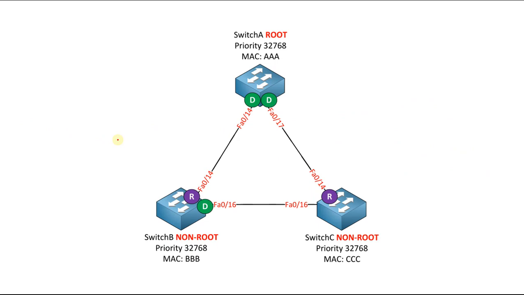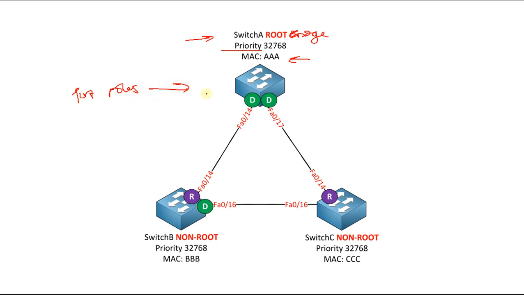Okay, this is the sample of the RSTP topology that we will be discussing. First, we know that switch A is the root bridge because it has the lowest MAC address, and all the switches in the network topology have the same priority. So we will discuss port roles